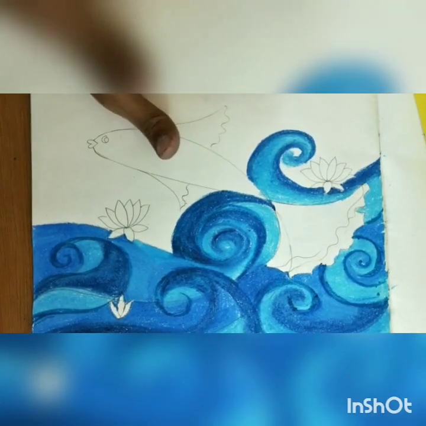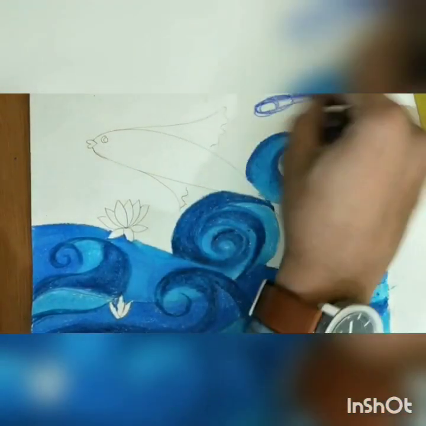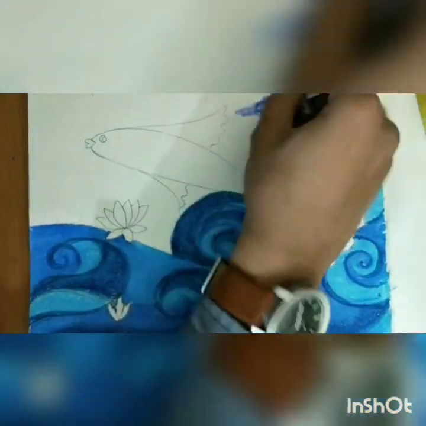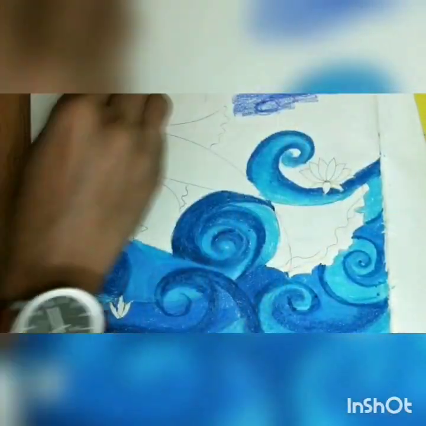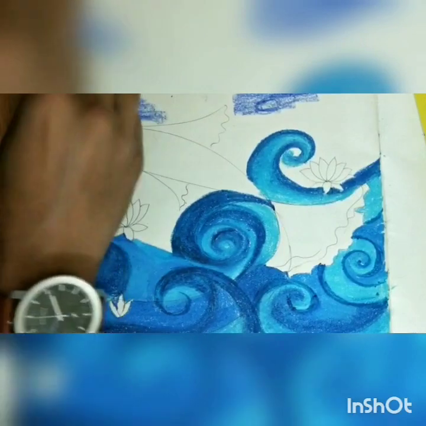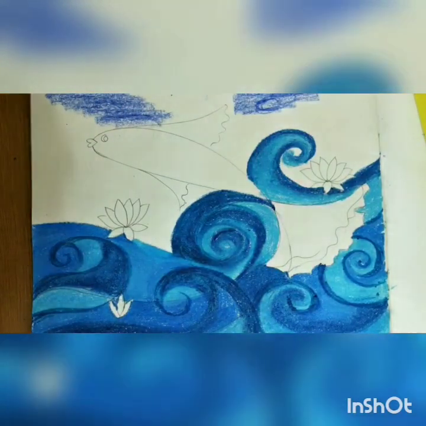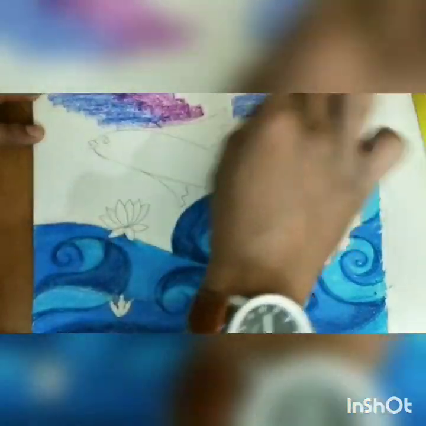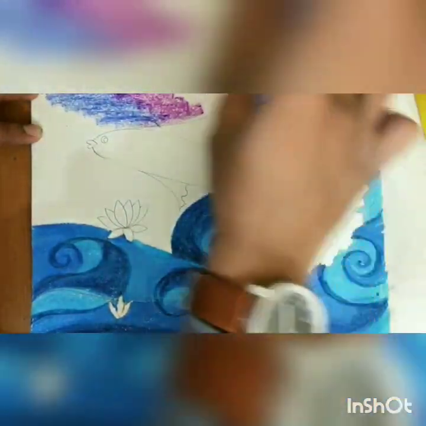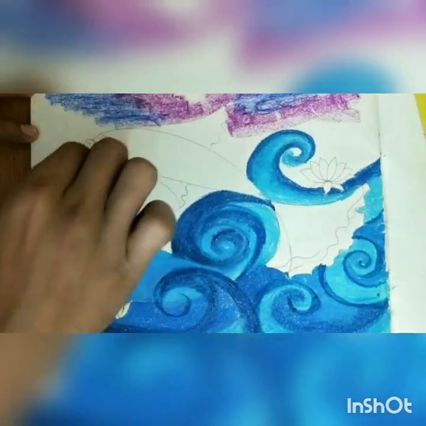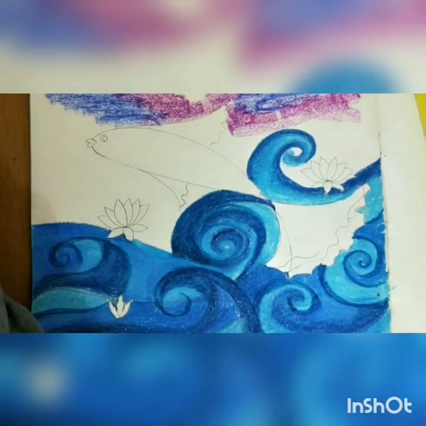After this we will draw the sky part with that violet shade. A little bit of magenta shade. And pink shade.